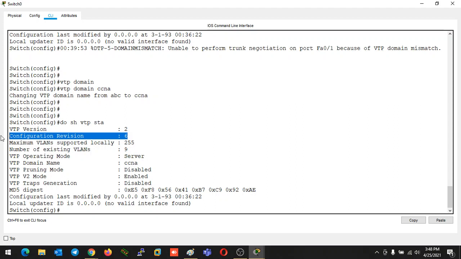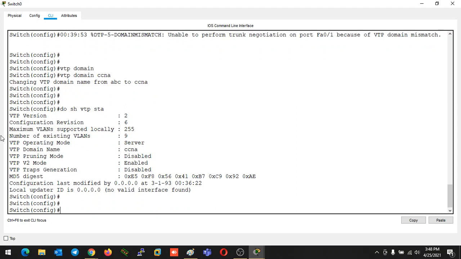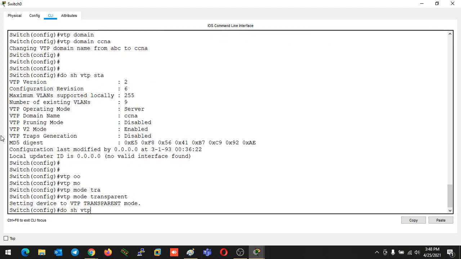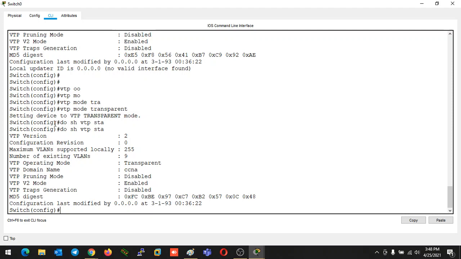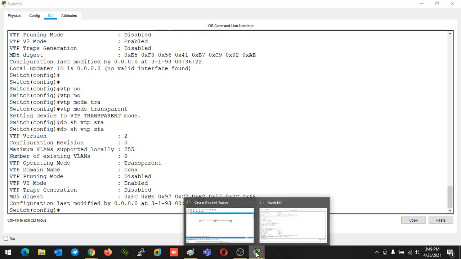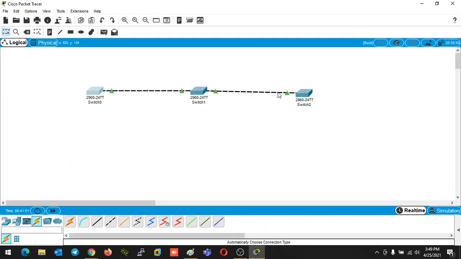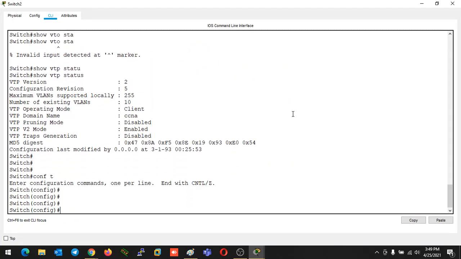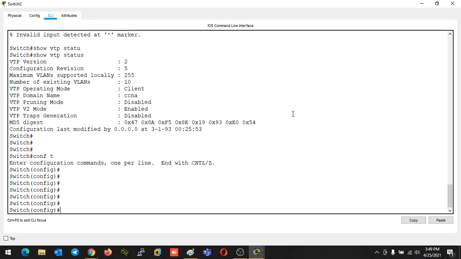This we will also discuss. So the next thing, you can change the VTP mode. VTP mode you can set to transparent. So you can see the CR value is 0 right now. I am just going to shut down this interface, because if I change it back to server, the other device will send a copy of an update. That device will update itself and the CR value will change, and you will be unable to see it.